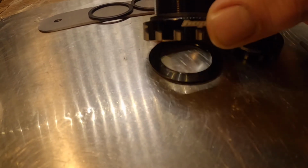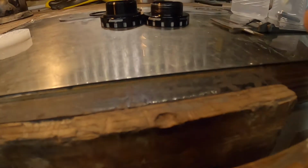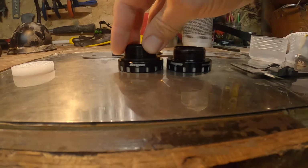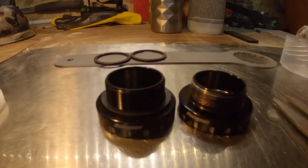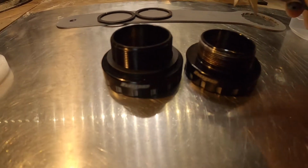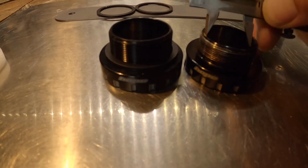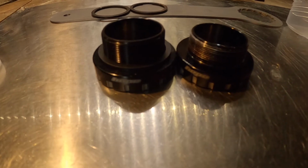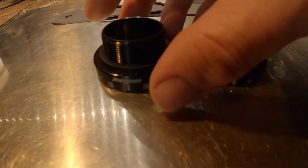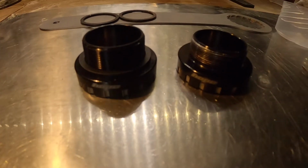You can see there the drive side is slightly bigger than the other one. That's just to give it a bit more of a seat, because that picks up a bit more pressure, a bit more torsion. The inside obviously is a 30mm, and the overall, when this is actually sat in with that spacer, is I think 96.5mm. So what I'm going to do is get my bike out, get it in the stand,